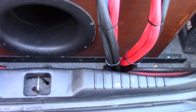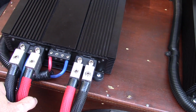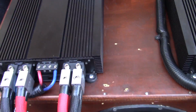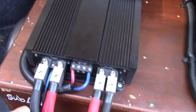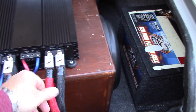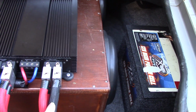I've also upgraded my amps wiring here. I've got the 2 wires going in each terminal now. Dual inputs. Got the nice Tech Flex. Got this stuff off eBay. It's pretty cheap. You just go on eBay and type in Tech Flex. You should find it. I think I got 25 foot of ground and 25 foot of red. That was enough to cover all